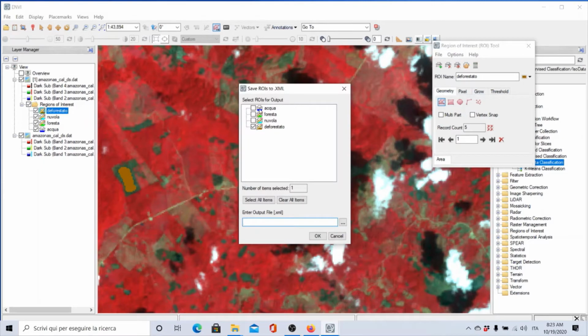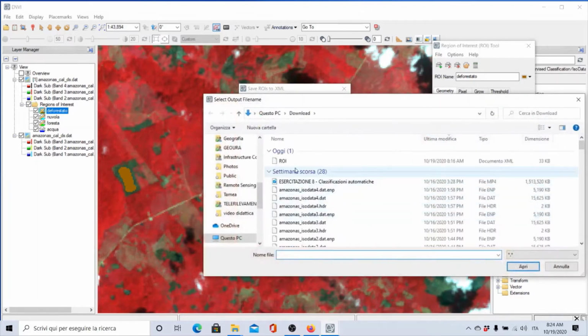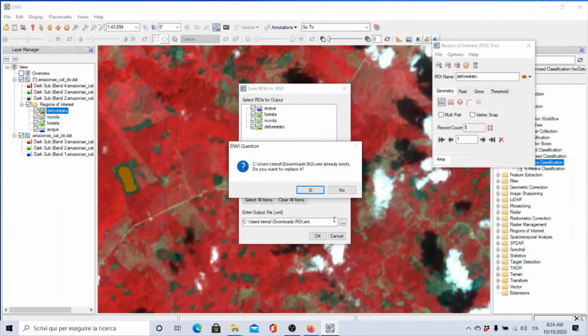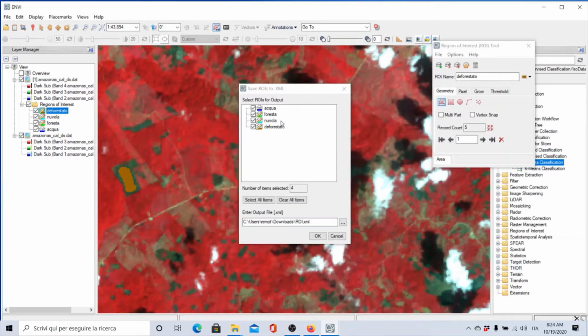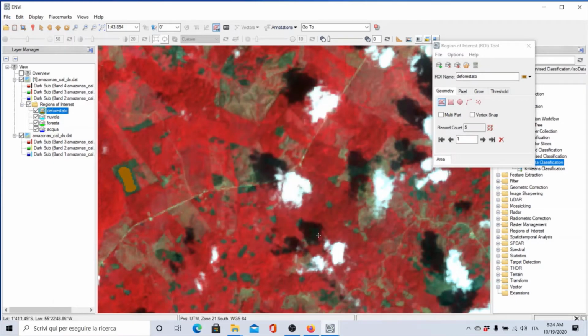So we have all the different features here also in the layer manager. Let's select all the items and put them in the same file, which I call the ROIs, and replace that. I can also save the different ROIs in different files, but in this case it makes no sense. Even if they are all in the same file, there's no difference, because we can split the different ROIs anyway, and we save that. All right, so perfect. Now